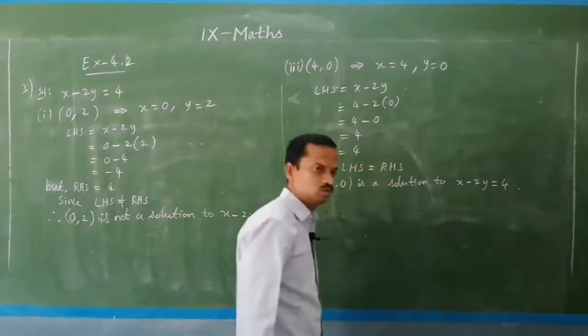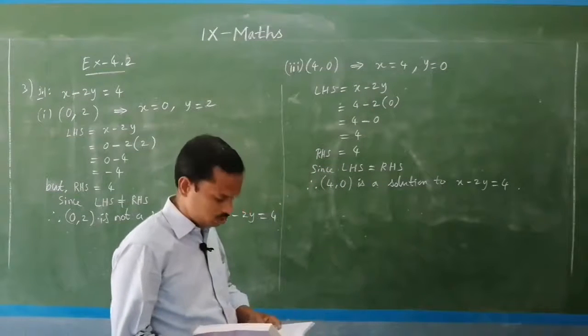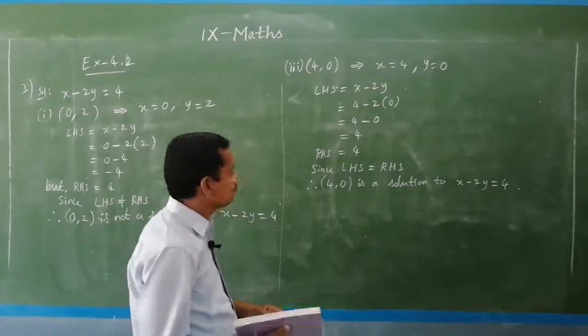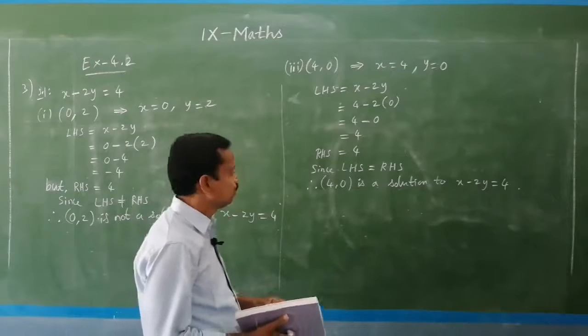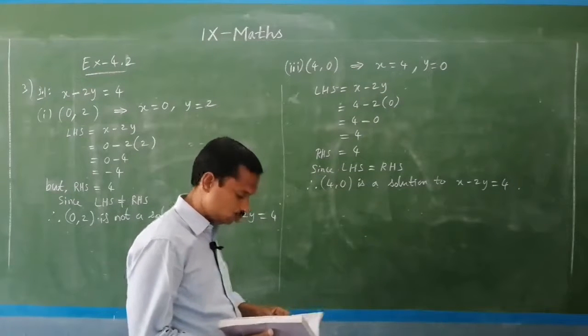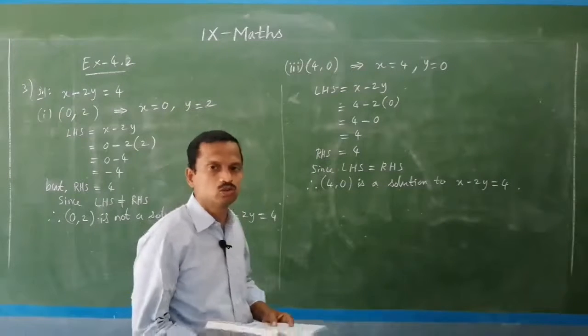Clear? So, like that you have to proceed, and one more sum, option 4, simply root 2 is there. So, instead of x you substitute root 2, and instead of y you substitute 4 root 2, and you get some other answer, that also is not a solution. So, the only solution is option 3. Okay. The other 4 options are not solutions of this equation.